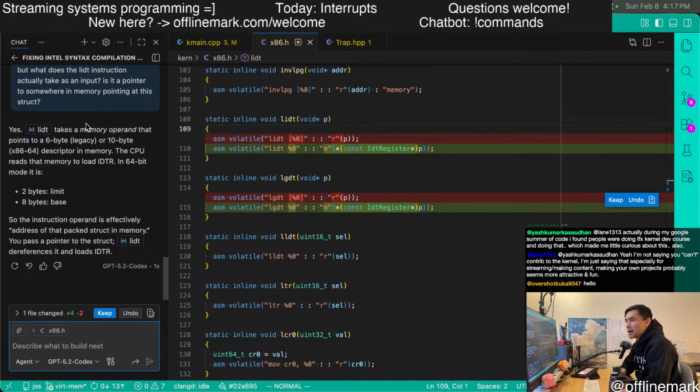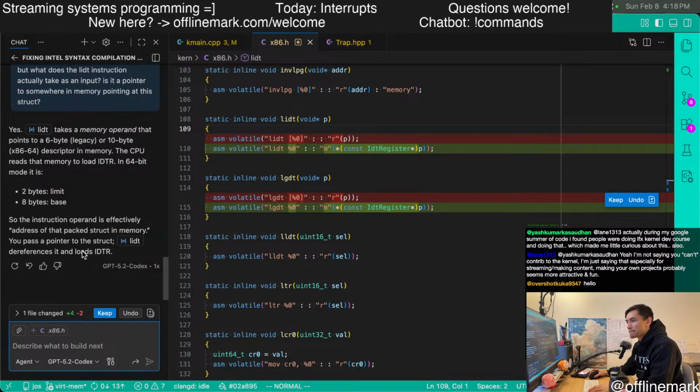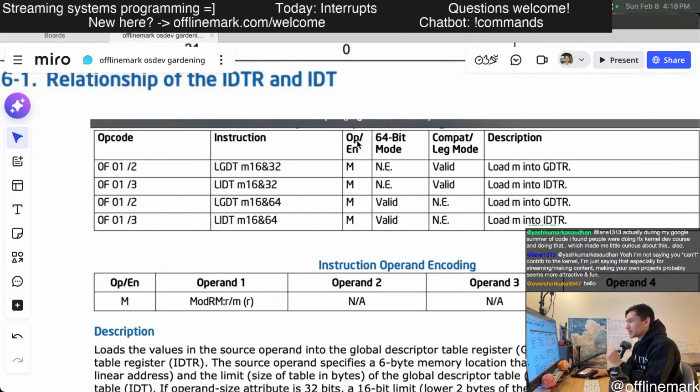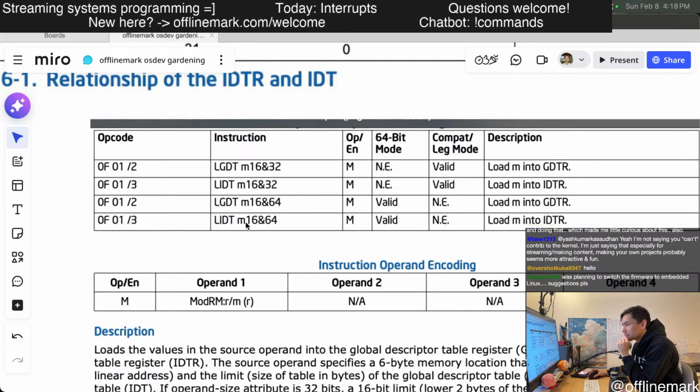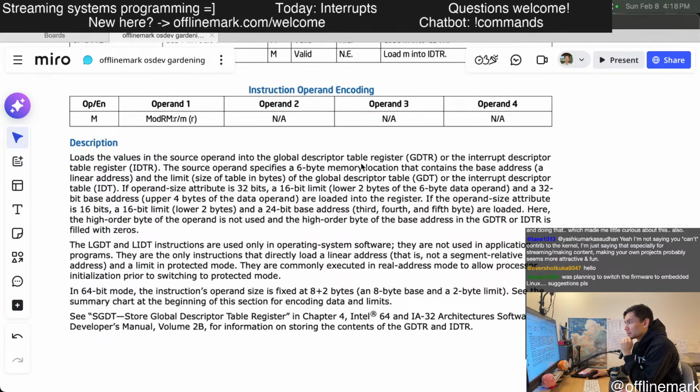Yes, LIDT takes a memory operand that points to the descriptor in memory. And is that what we're seeing here? We're seeing something like LIDT memory operand specifies a 6-byte